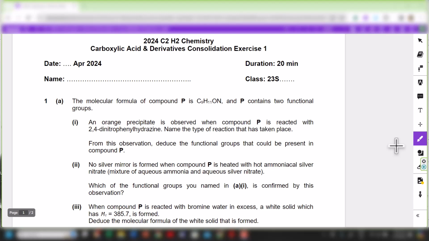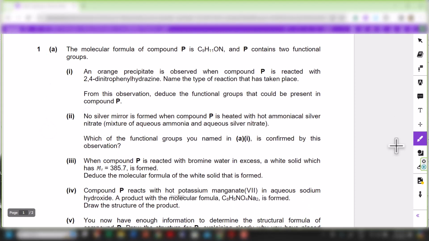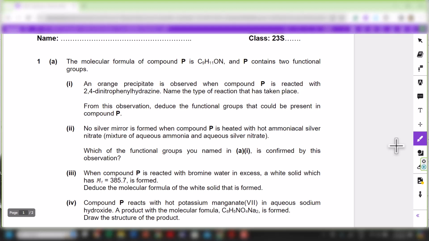Hello students, we'll be reviewing consolidation exercise 1 for carboxylic acid and derivatives. Okay, so we'll look at question 1. For question 1, you have a nitrogen-based compound. You're given the molecular formula to be